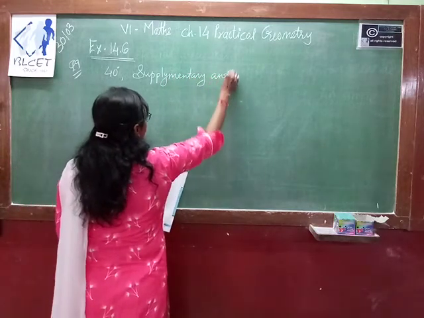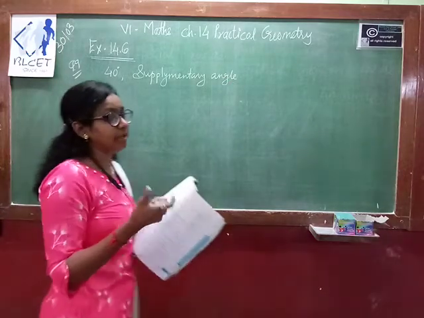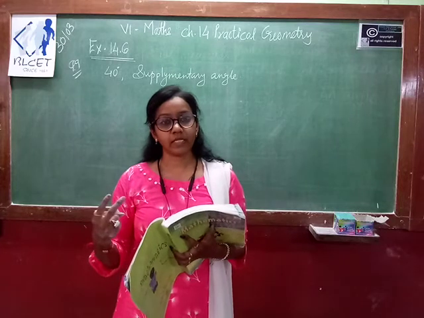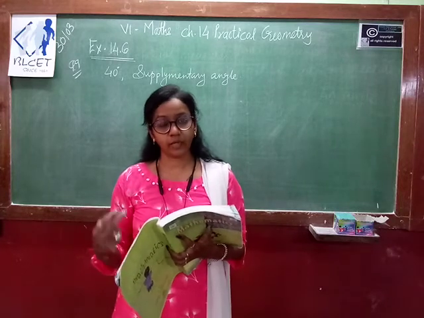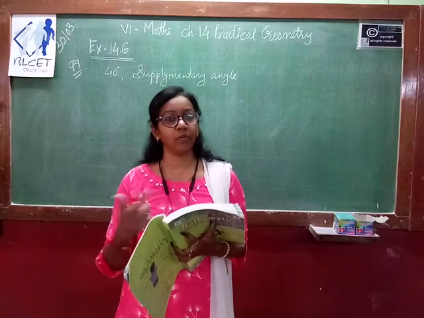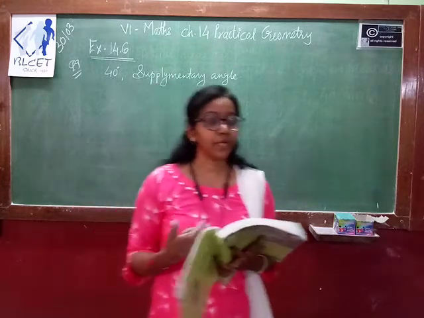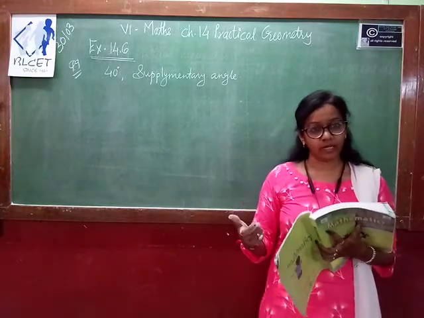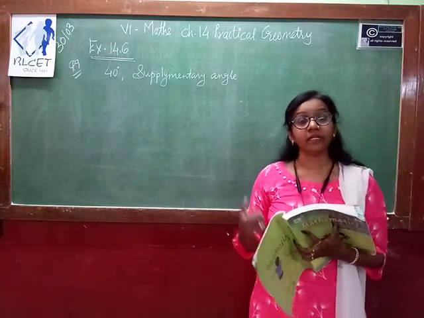In lower standard we have studied about complementary angle and supplementary angle. Complementary means if you take the measure of two angles and add them, your answer should be 90 degree. Then only both the angles are complementary to each other. And supplementary means you take two angle measurements, and when you add them, the answer should be